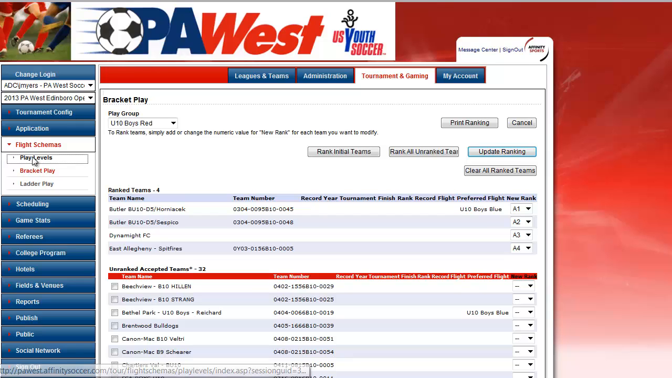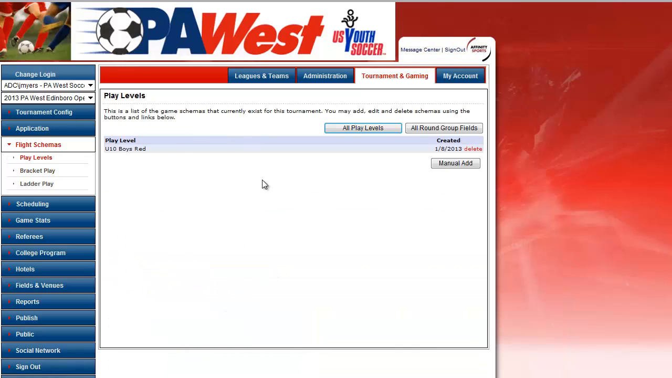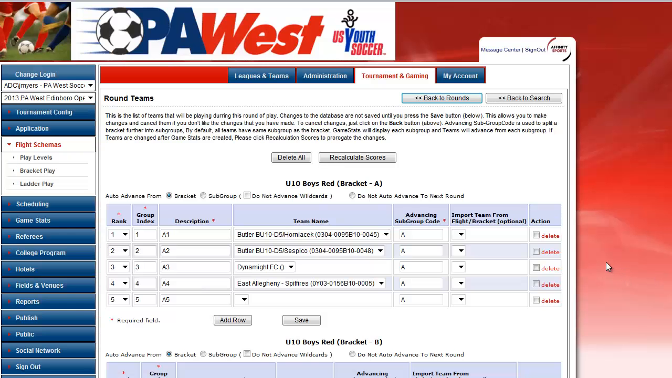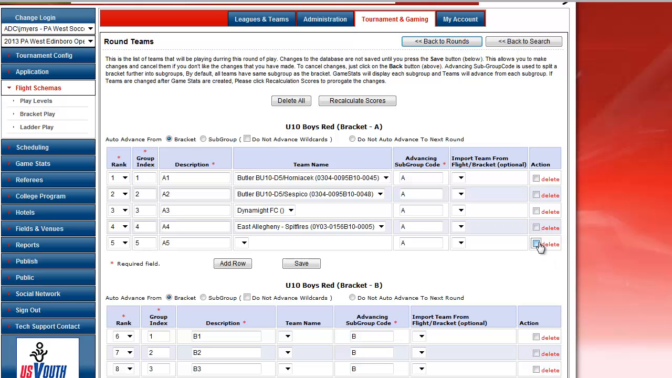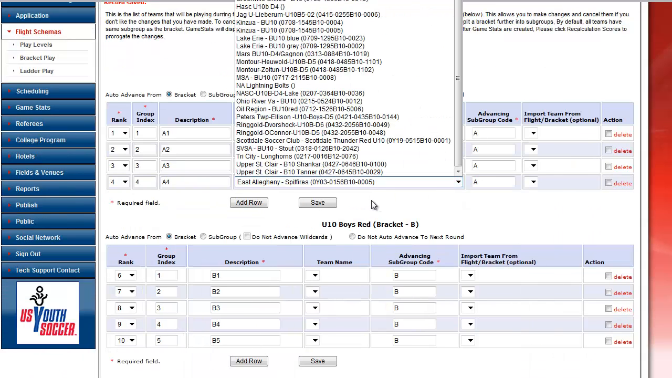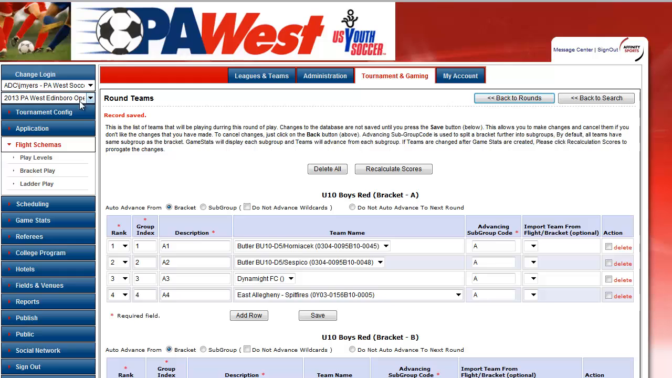When I click on Play Levels in the left-hand navigation, now I've created this flight. I've created my 4 groups, and it's telling me I have 20 teams. I can delete rows, and I can change teams here. The next step